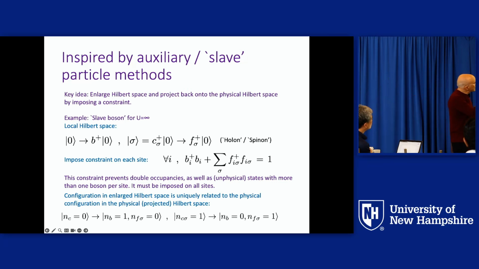So this is the well-known idea in the theory of correlated electron systems that motivated our hidden fermion construction. But as the name goes, we actually don't enlarge the Hilbert space with bosons. That would not be very practical because the Hilbert spaces are too large. We just enlarge the Hilbert space with additional fermions, hence the name hidden fermions. Okay, so